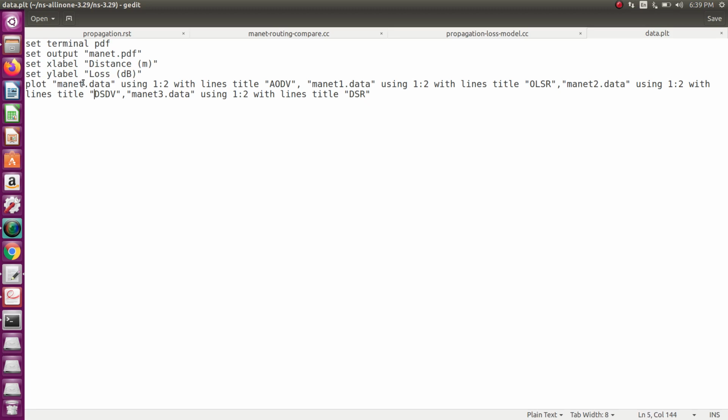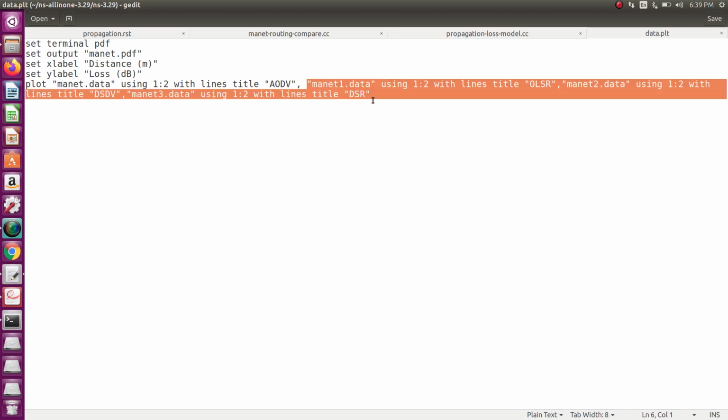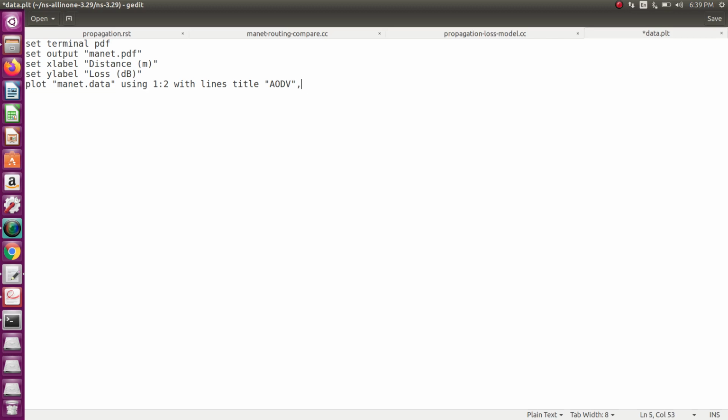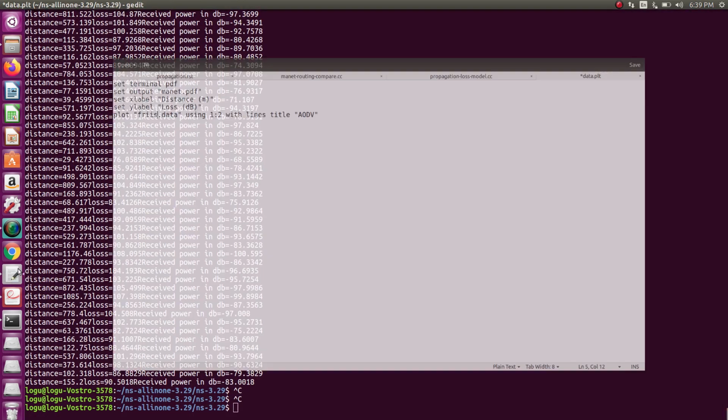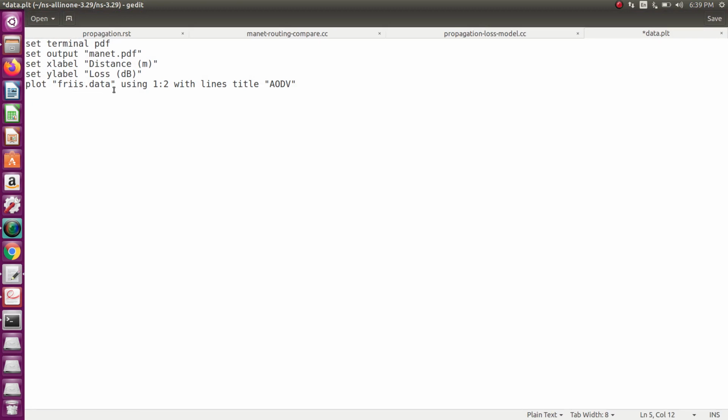Then delete the already written code and use friis.data. Once again I want to verify: friis.data, first column is distance, then second column is loss, with lines, and the title will be Friis propagation model, so you can give it as Friis.